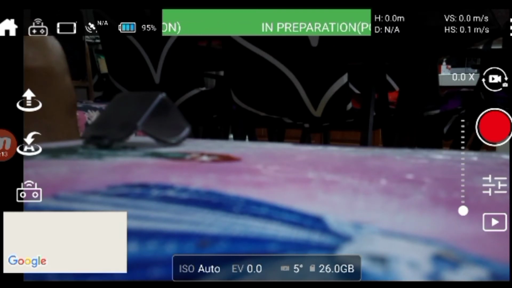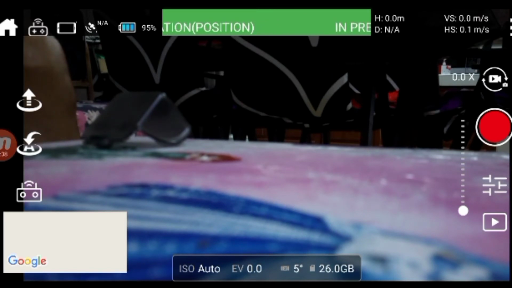Then this is the range and the height indicator, and this is the speed indicator. This measures how fast the drone is flying, and how fast it is ascending or descending.